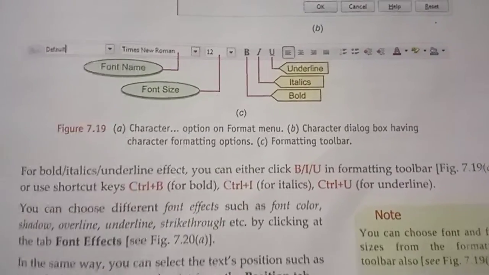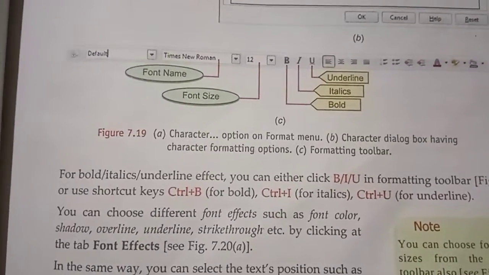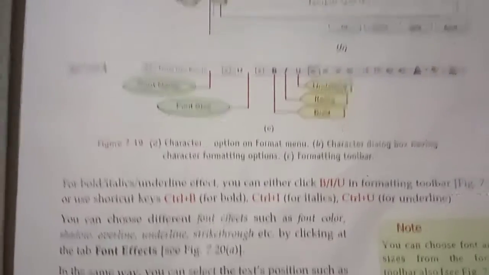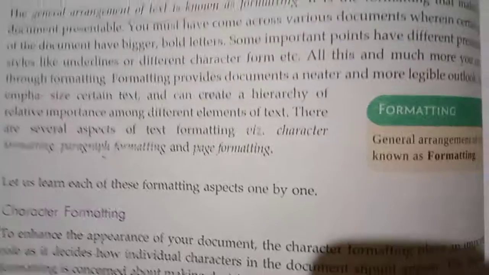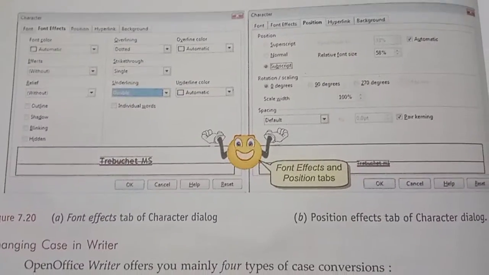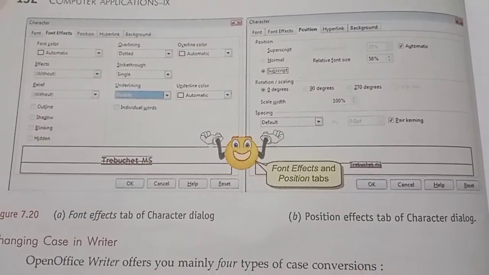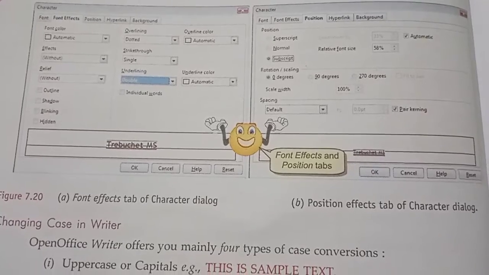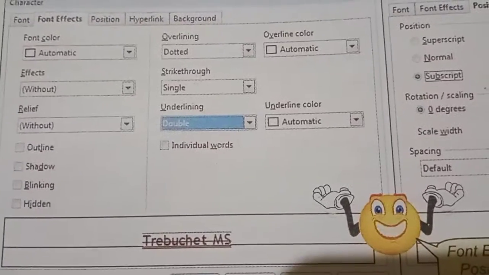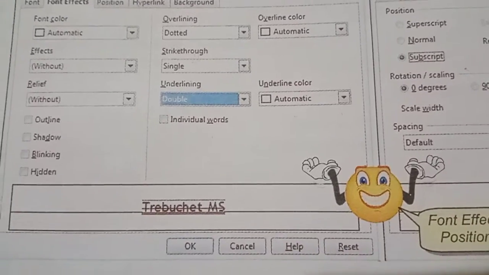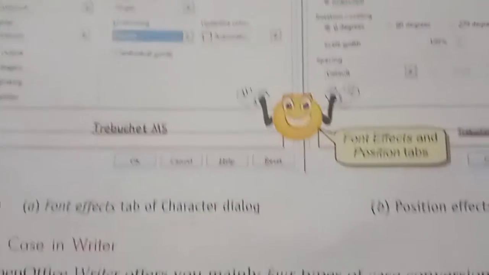Other than this, we can also change the size and the color, and make it overline, strike through, or symbol. Too many font effects are there. This is the basic of formatting a document. First one, character formatting. In your textbook it is clear: first we study the font. In font we can change the font size and the different types of font style, and we can also increase the size. The second option is font effect. With font effect we can change the font color, underline, strike through, and overline. Too many options are there.